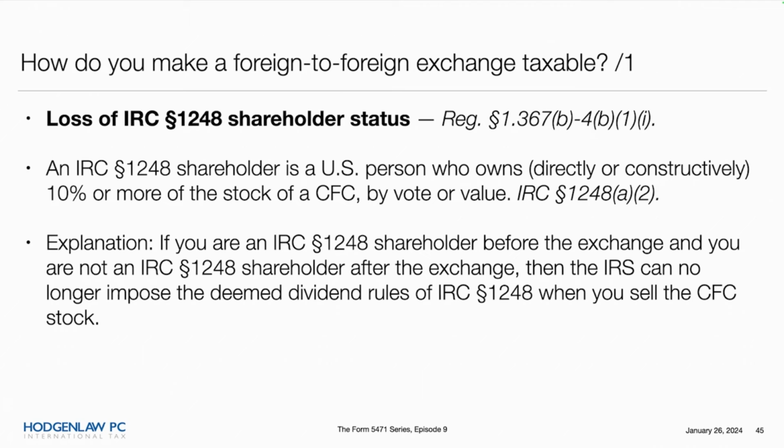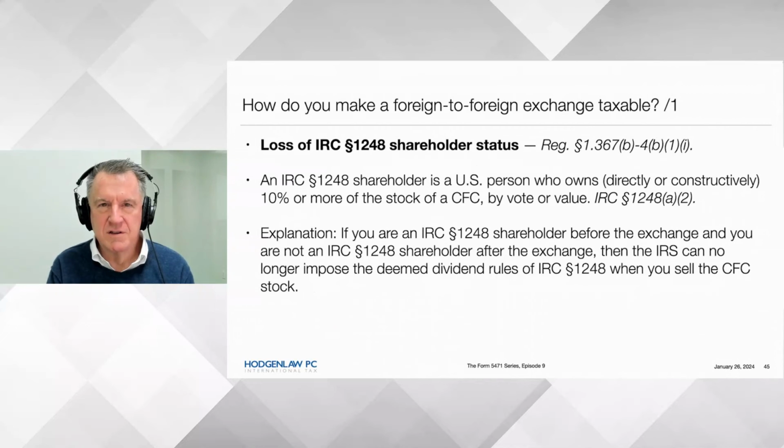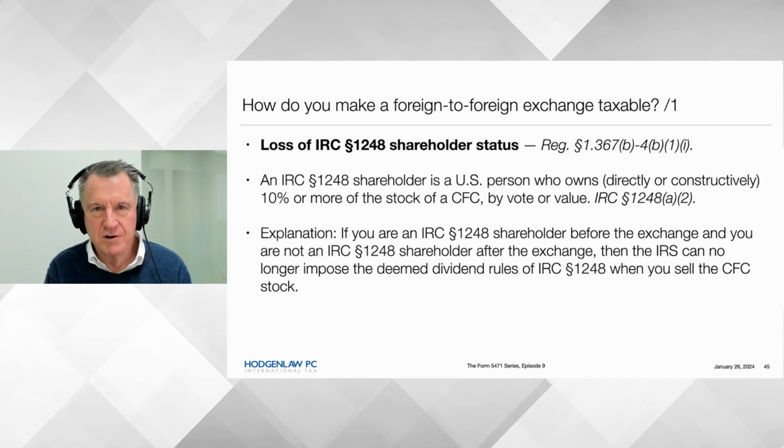if you have an interruption of that status, someone owned 10% or more before the reorg, and after the reorg they don't own 10% or more. Well, you own 10% before, you own 5% after the reorg. You're no longer a U.S. shareholder. It doesn't matter whether the thing is a CFC or not. Earnings and profits are not going to be pushed upstream to you and reported as part of your gross income. So the government has lost the ability to tax the earnings and profits. And if there's any latent untaxed earnings and profits still lurking inside the CFC, that's gone forever out of the US tax system. So this by far is the most important one that we watch every time.